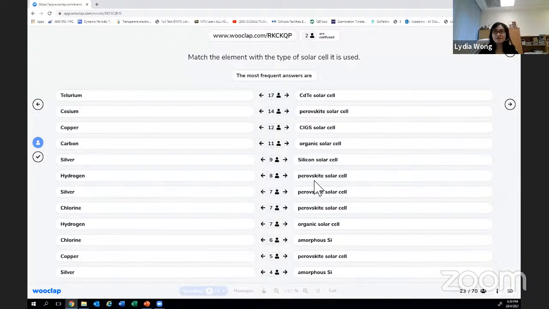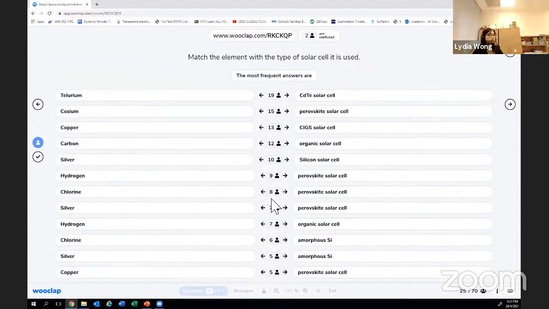Not very common, but it is not wrong. Hydrogen in perovskite solar cell. Correct, because some of the components, the methylammonium, contain hydrogen. But hydrogen is also used in amorphous silicon solar cell, and also in silicon actually. Why? Hydrogen is a very good passivating dopant. It can passivate the defects very well. I think in almost all types of solar cell you can find hydrogen. People are still wondering what this hydrogen does. Because it's so small, it can just go and passivate any defects, and it is quite electrically benign.